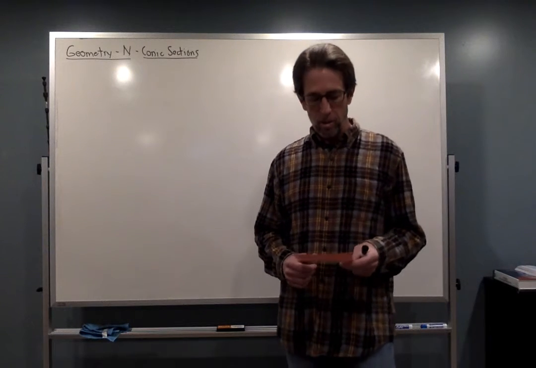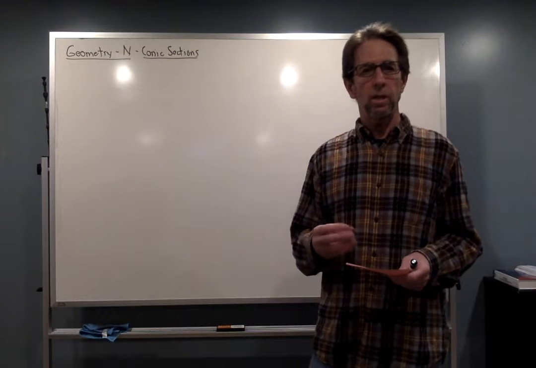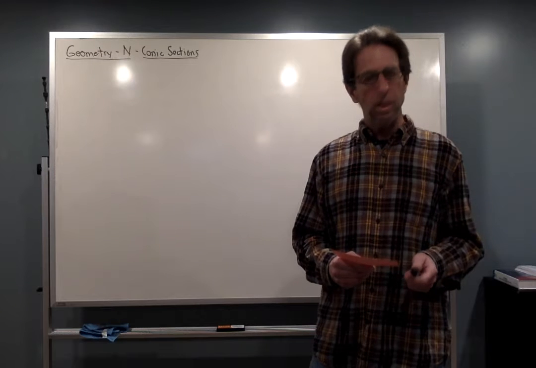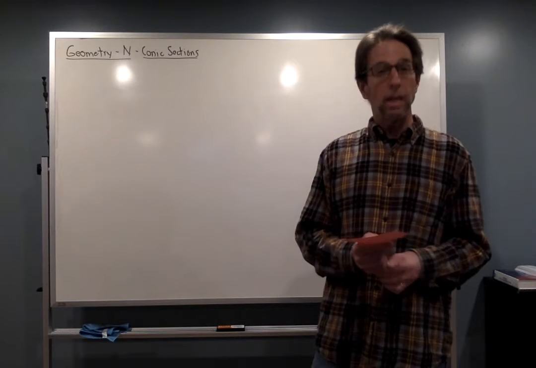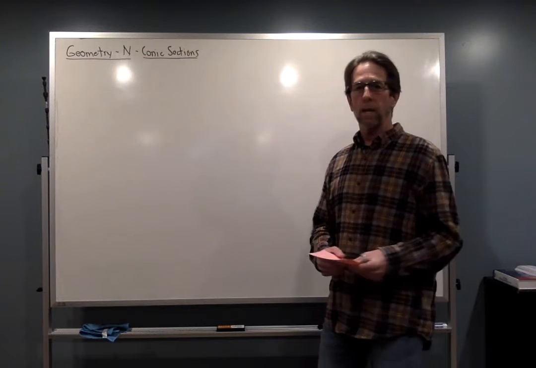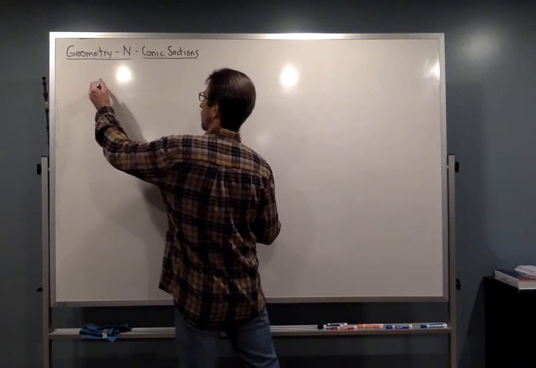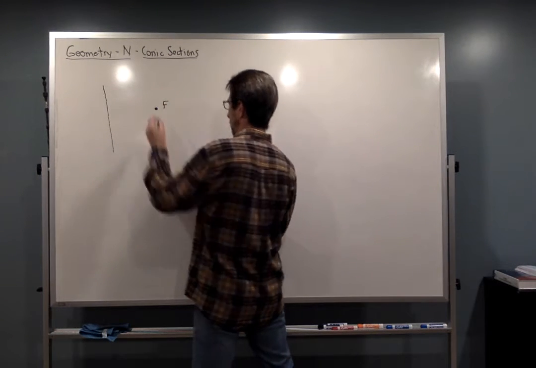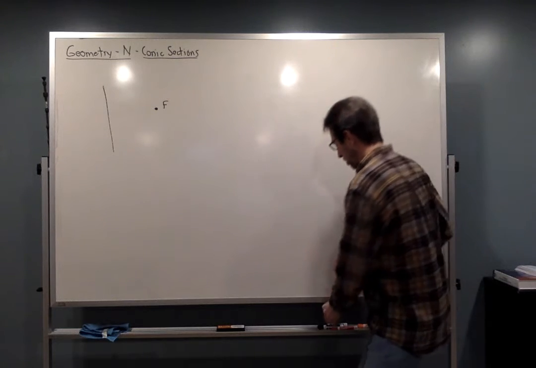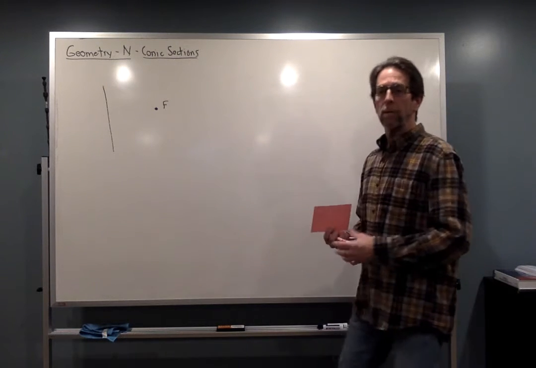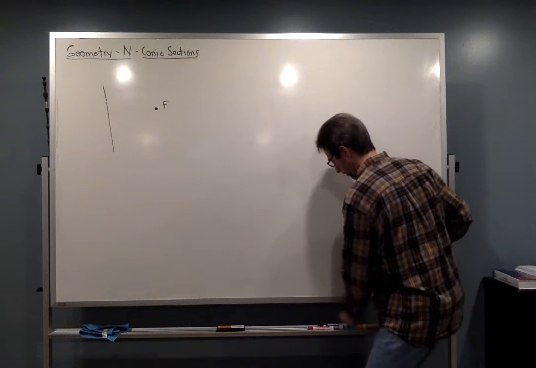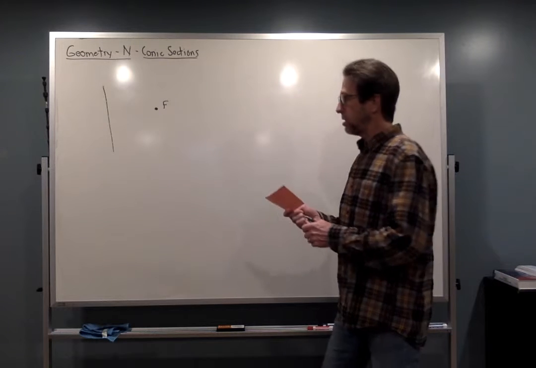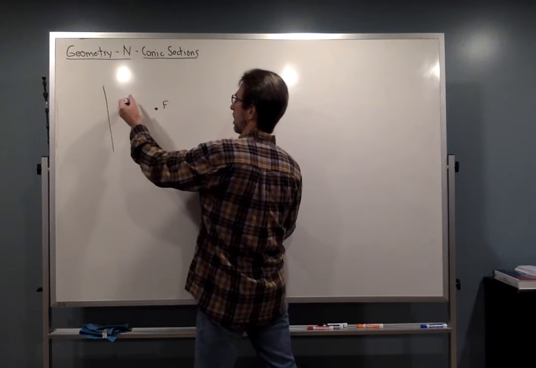One thing I want to point out is that in this course and at this level of mathematics, one thing we sometimes focus on is this thing called the eccentricity, or e. So what I want to do is get a little picture of that and talk about it. If I have some line and some point, because pretty much all conics can start with a line and a point, okay? Except maybe the circle, because that's unique. And then if I have some point out in space somewhere,